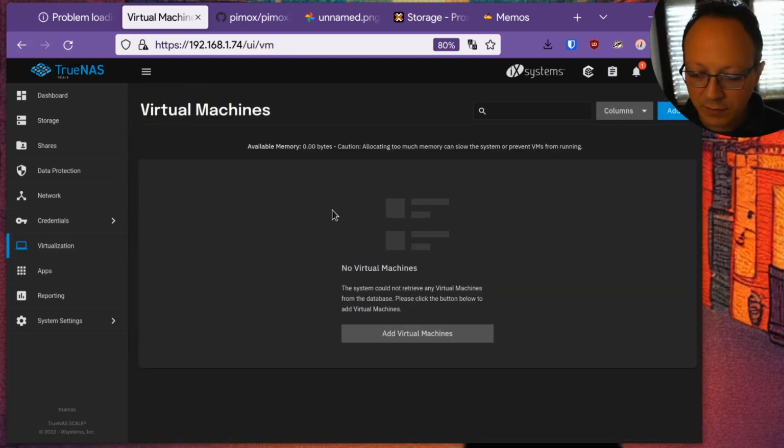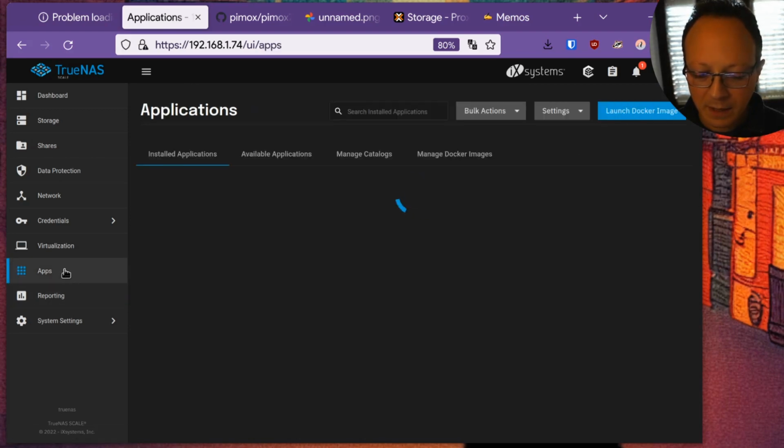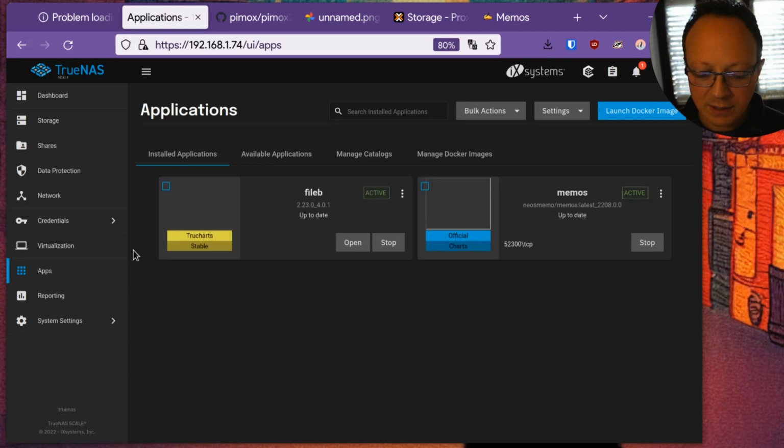Virtualization is for virtual machines that I'm not using. Apps is where you can install the applications that are already supported by the operating system.